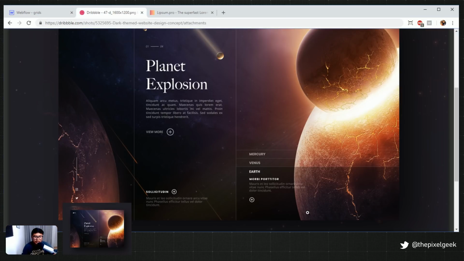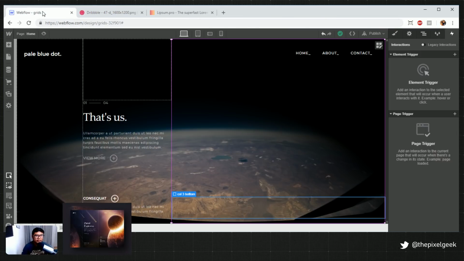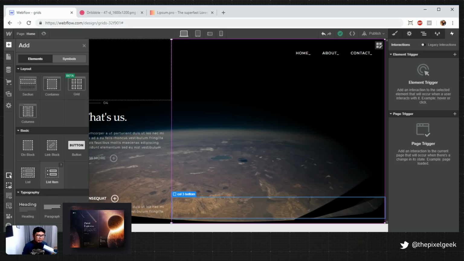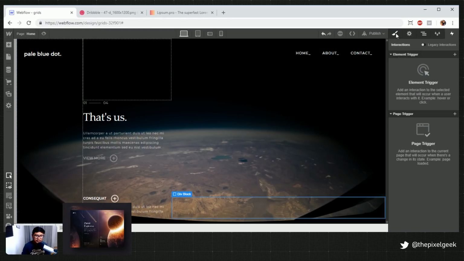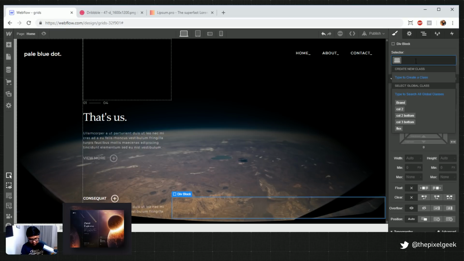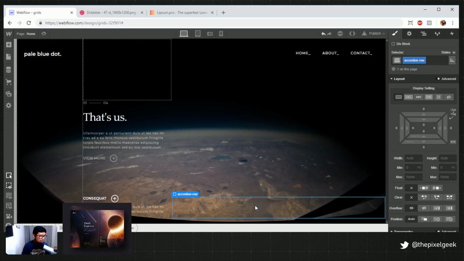So 1, 2, 3. It looks like accordions. All right. If you don't know how to make accordions in Webflow, here's how you do it. I don't know how to do it, so I'm gonna fake it and see if I know how to do it. Oh, but you need to use interaction, so this is gonna be good. You'll see JavaScript inside of Webflow. Watch this. Here we go. So I'm gonna do my first 3 rows. So we're gonna get 3 rows here. We're gonna get 1, and this is gonna be like accordion row.